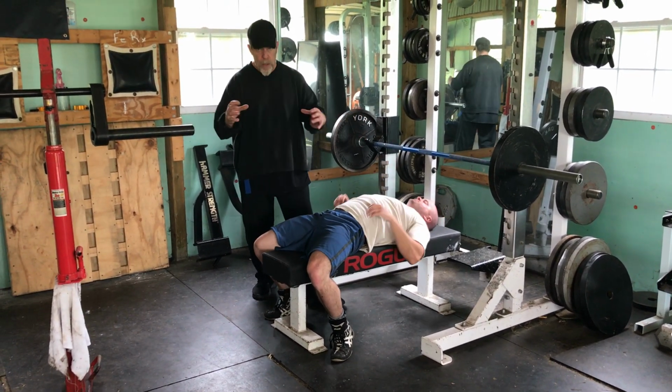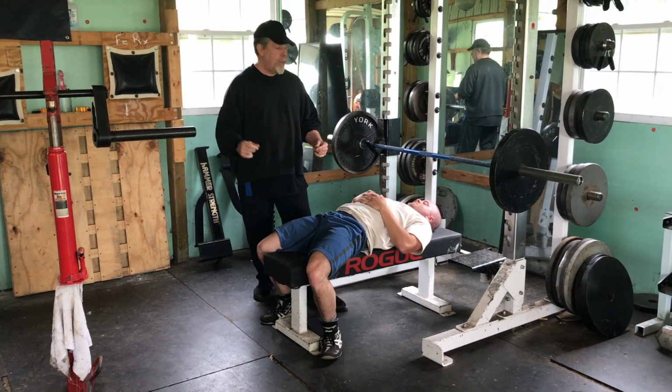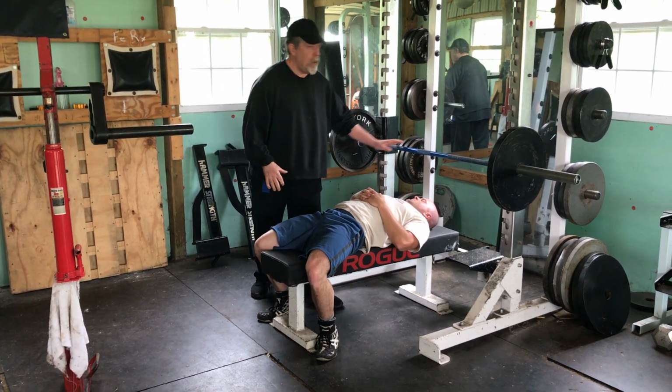Finger width wider than your strongest grip width. Now the narrow grip, we want to come in and